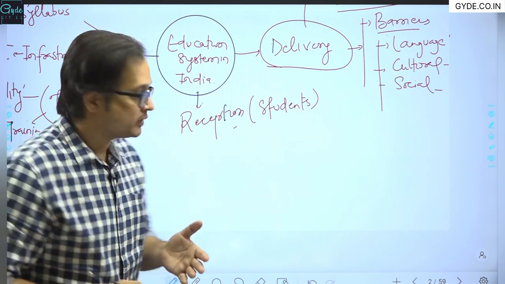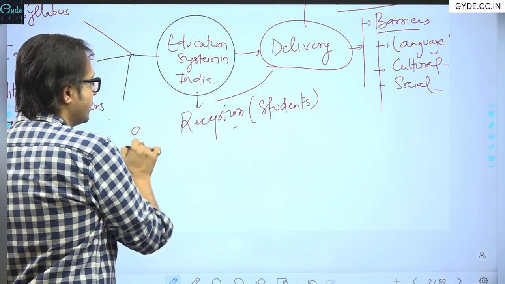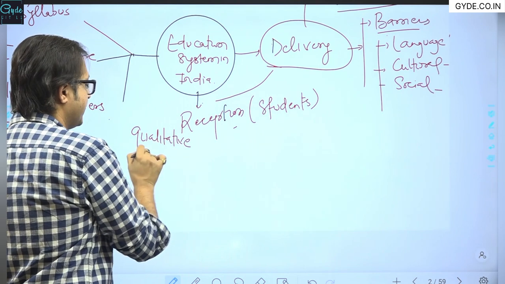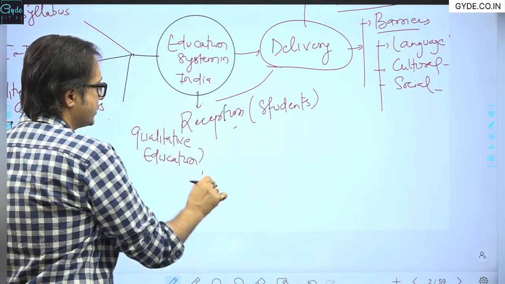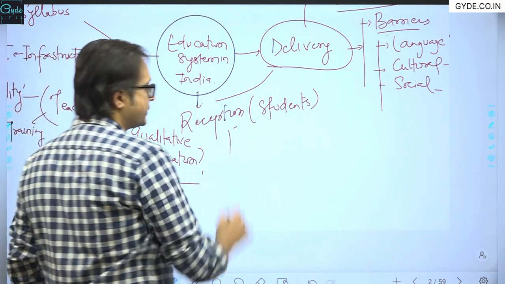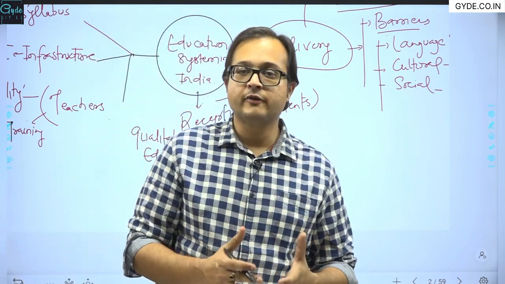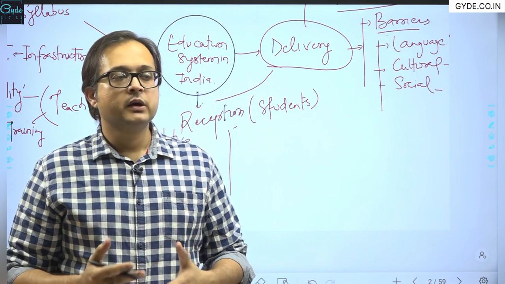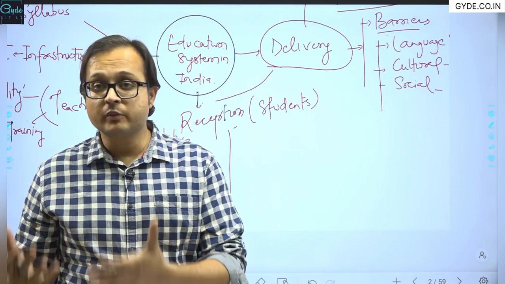One of the problems with reception also, one of the problems with the delivery also, right? So the qualitative assessment or qualitative education is one of the major question marks that is being raised, right? Apart from this reception, different students have different IQ sets also, right? When a particular thing is being delivered, some of these students in a particular classroom may be able to receive it, some of them may not be able to receive it.